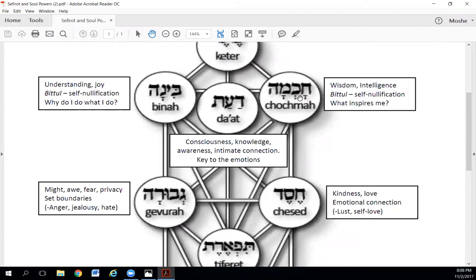Bina is called Ima. Another name for Bina is Ima, but it's Bina when it's in relationship to other Sphirot, primarily in relationship to the Sphira of Chochmah, in which case they're called Abba ve'Ima, father and mother,